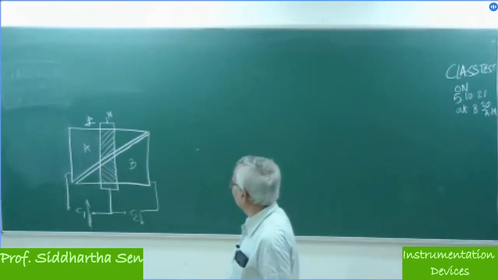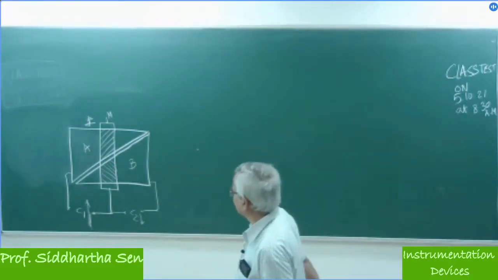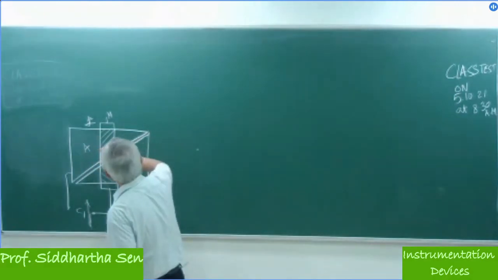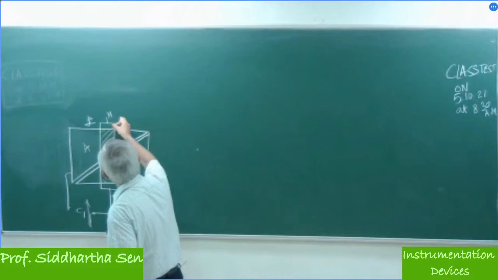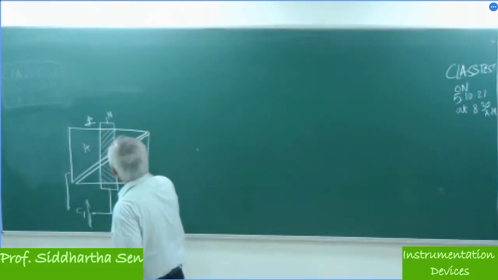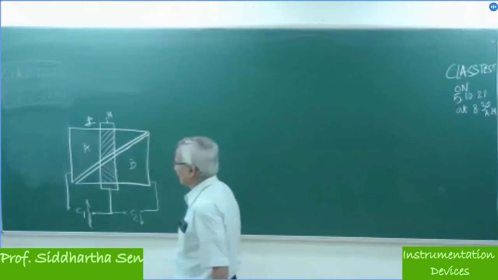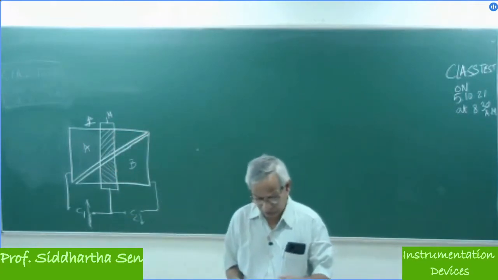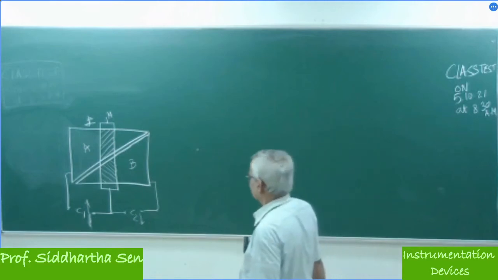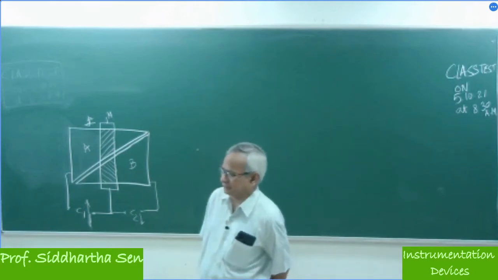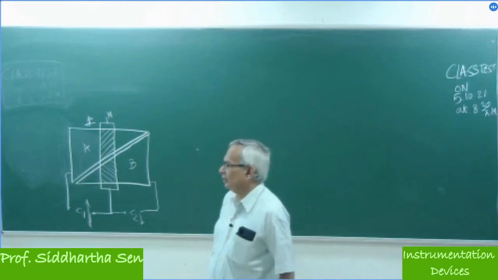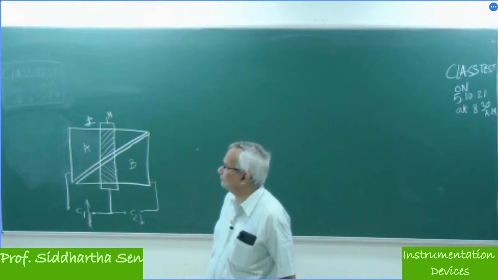So this problem is nothing. Simply you need to understand that there are two fixed plates placed over here, and the moving plate can slide over those fixed plates, keeping a gap of d, or sorry, t, between them. It's a perfect parallel plate capacitor. Okay. Any other question on tutorial 5 problems?